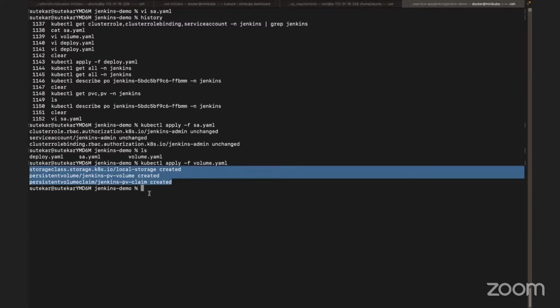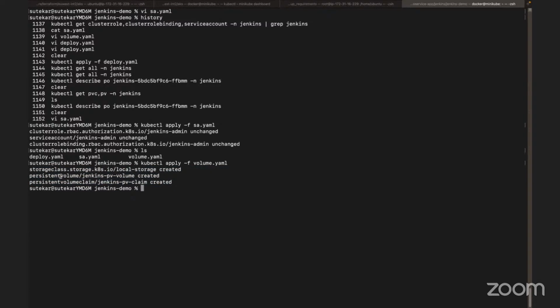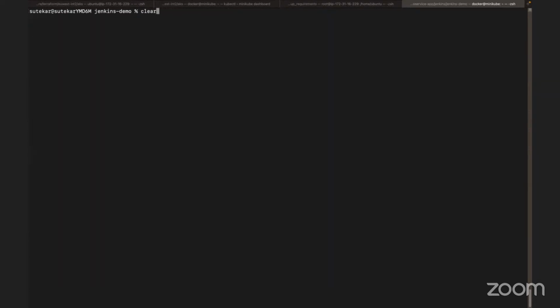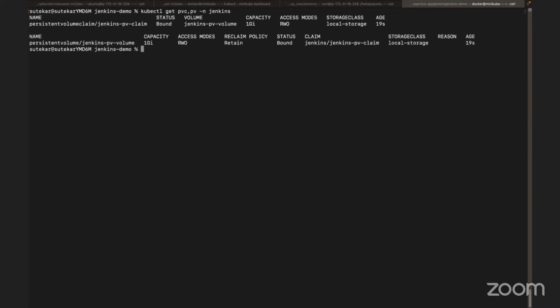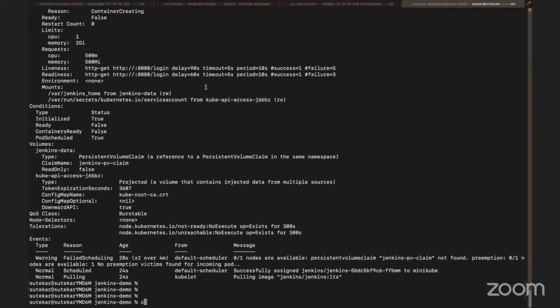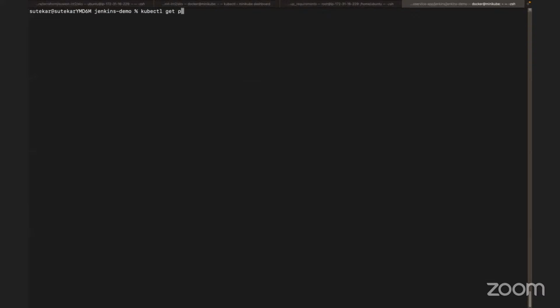We only created the file, but we had not run the command. स्टोरेज क्लास बन गया, persistent वॉल्यूम क्लेम भी बन गया। Now verified again, kubectl get pv pvc। Now you will see persistent volume is available, persistent volume claim भी है। And this time again check करते हैं, describe Jenkins क्या बोल रहा है। It has moved to the next stage, शेड्यूल हो गया, scheduling is done, it is now pulling the image Jenkins। इसको थोड़ा टाइम लगेगा, लगने दो। Let's get the pods into Jenkins and it will take some time to start Jenkins। कंटेनर क्रिएट हो रहा है।